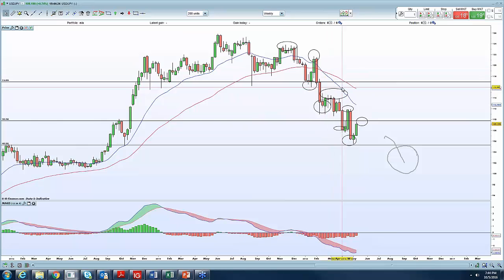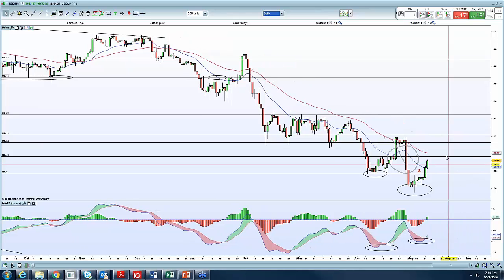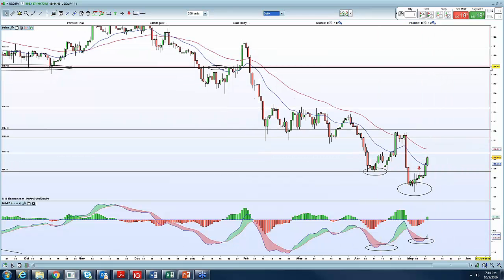Right now, we're just waiting for the moving averages, which are acting as a form of dynamic resistance, to catch up and see whether they can push back down to 106, 105. But on the daily chart, we are near the area anywhere between 109.50 to 110, because the daily moving average is still pushing downwards nicely. So just pay attention to those levels and see what happens, and see whether the shorter term chart starts